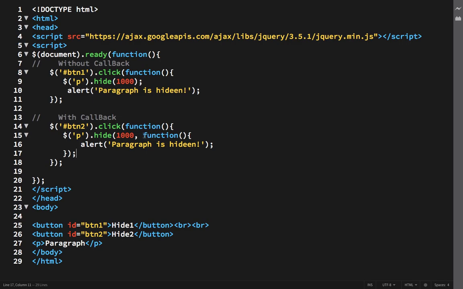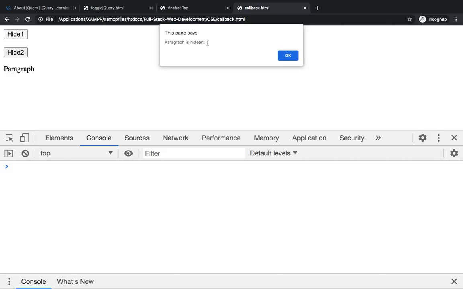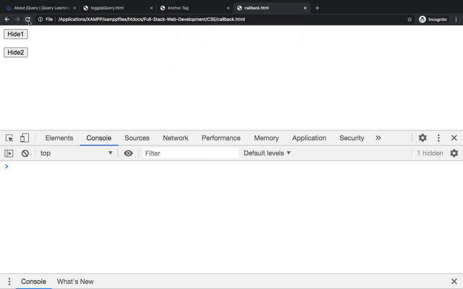So in this case, this anonymous function is a callback. So it waits for the hide to execute and then the alert pops up. Now let us see it in action. Hide one, alert is coming first, paragraph is hidden later. On clicking the second one, paragraph is hiding first and then the alert is coming.